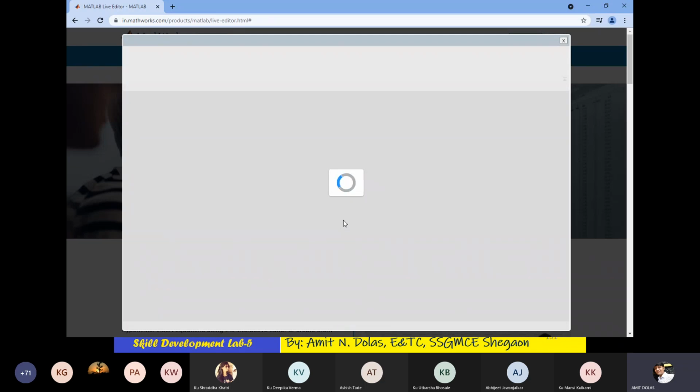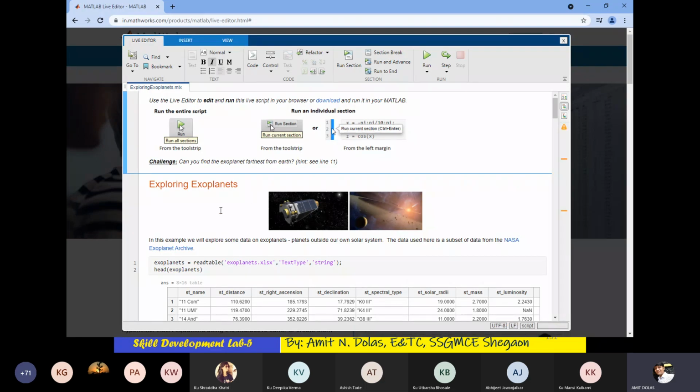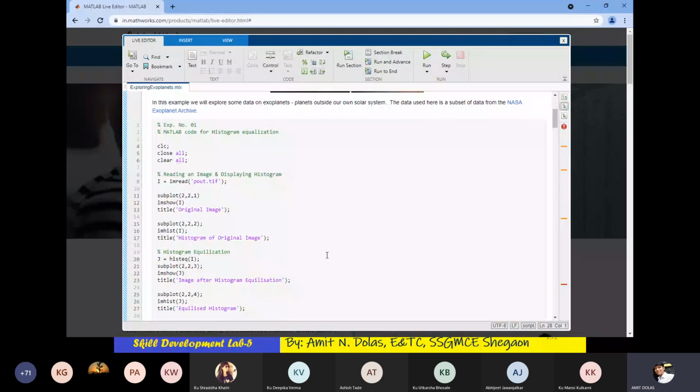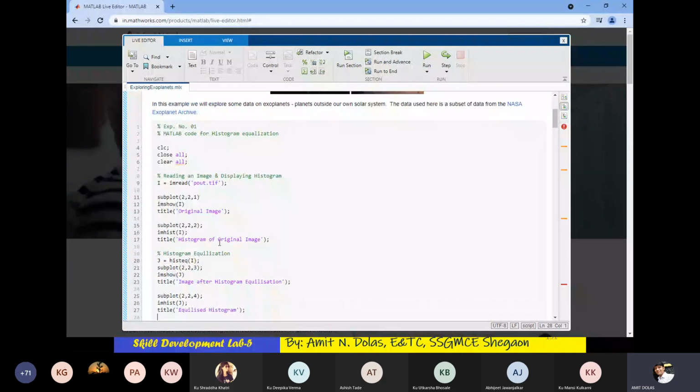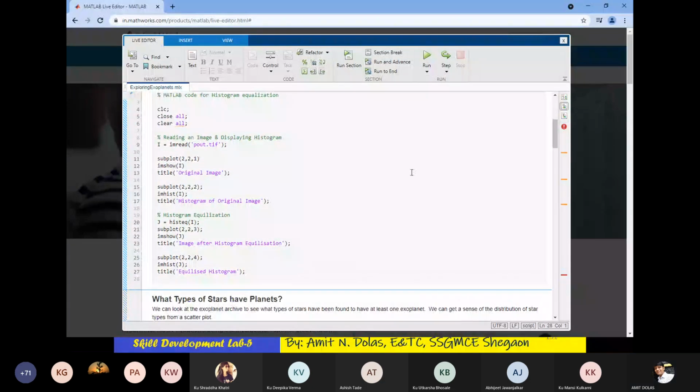You'll get the Live Editor of MATLAB without signing in, without any license. Somewhere in any example, you just replace any code with this. So I replace the code that was there earlier with my code and I'll run.